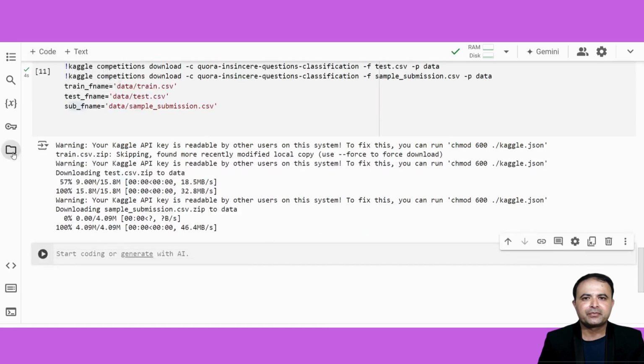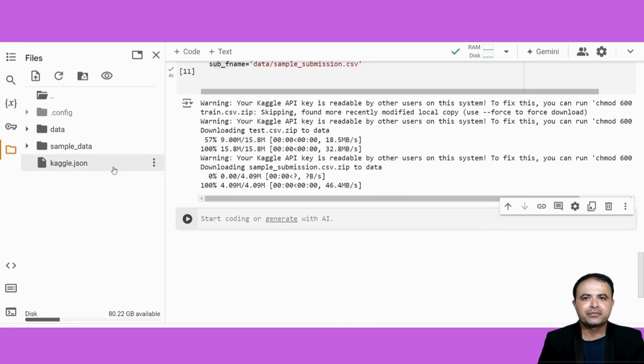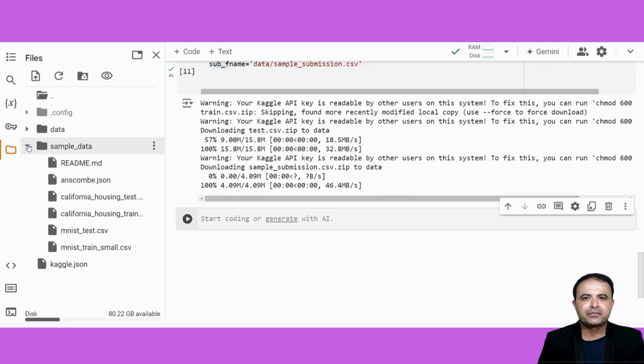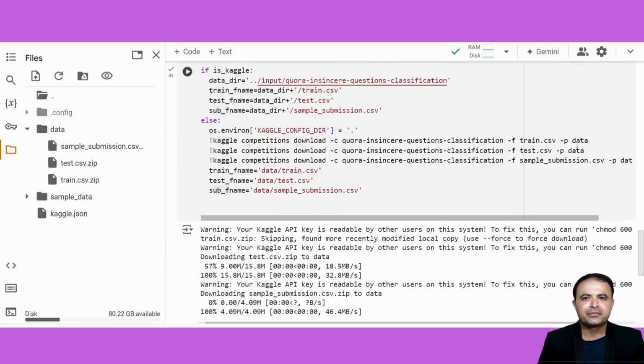You can see here the sample datasets. Inside the data, you can see the three files are there because I gave the name data. So once you have successfully loaded the data,